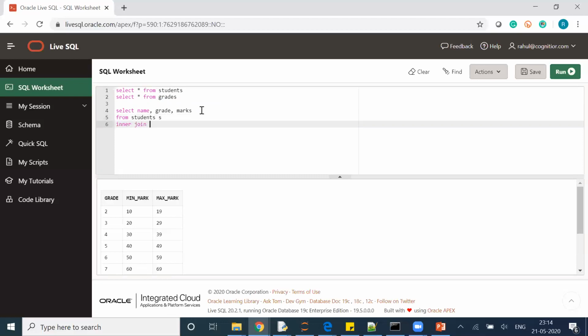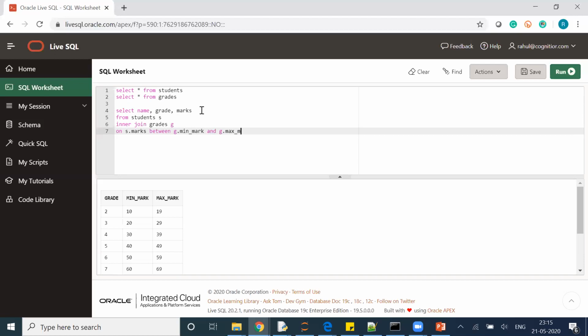inner join grades table on. Now here the condition which we have to write is s.marks between g.min_mark and g.max_mark.